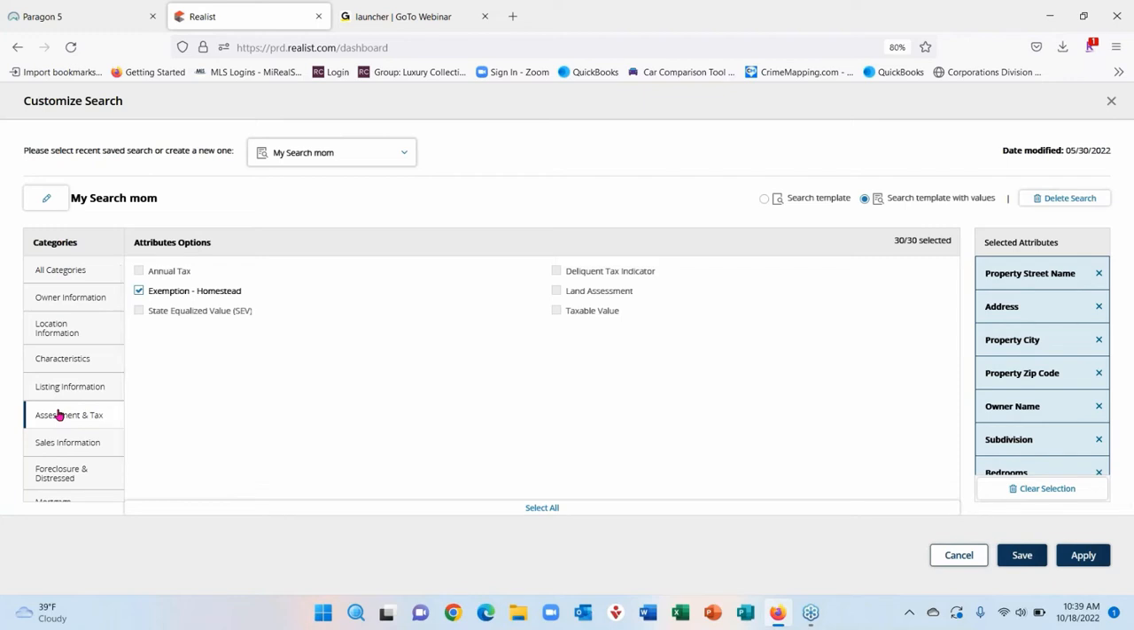This is really good if you're trying to find properties that are just owner occupied, or if you're trying to find some that are not owner occupied. So this will give you options to just pull properties that have homestead. Now, is that 100% true? Not necessarily, because we know that not all owners